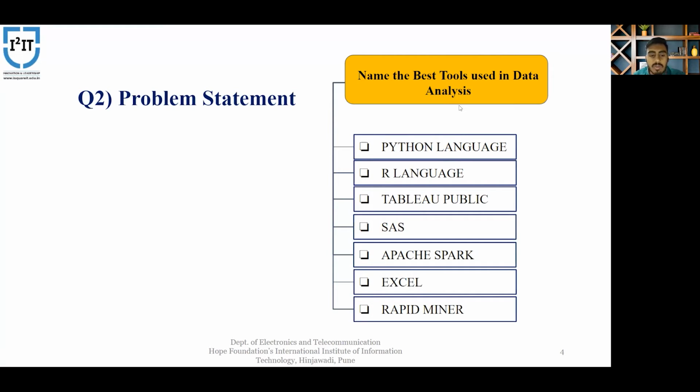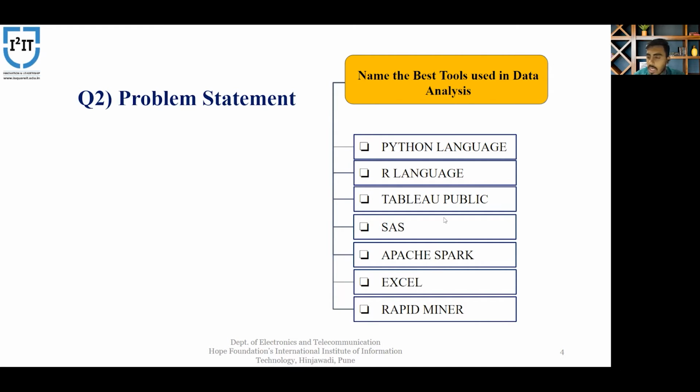Python is a widely used general purpose high level programming language. It is used in web development, data science, creating software, prototypes, and so on. R language is a programming language used for data analysis and statistics. It is widely used by professional statisticians. It has its own functions and procedures. Tableau Public: data analysis is very fast using this tool, and it presents visualizations in the form of dashboards and worksheets.